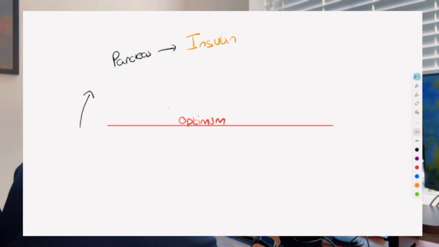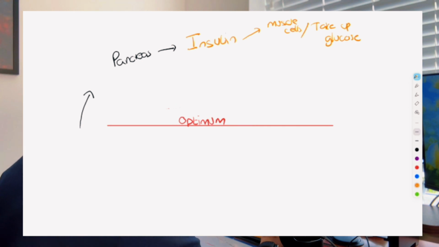Okay, so then what's the purpose of insulin? It's got to bring the blood glucose down, but how does it bring the blood glucose down? It does that by two ways. One is it signals to cells, particularly things like muscle cells, to take up glucose. So the cells know that there is lots of glucose available, so the glucose can then